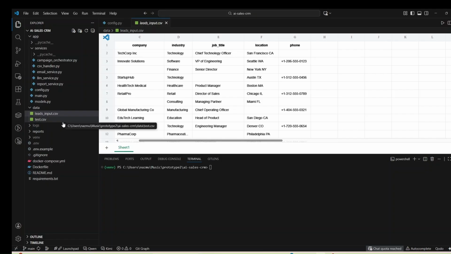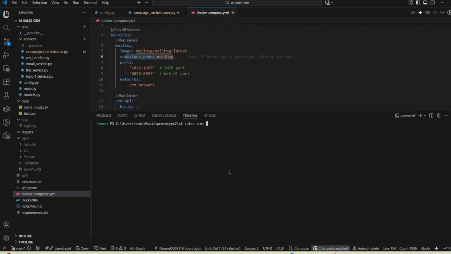Then in the last step, I generate a report, which is stored in the report folder when the campaign is finished. The detailed report, along with insights and recommendations, is stored there. Okay, let's check the live demo of how it works.